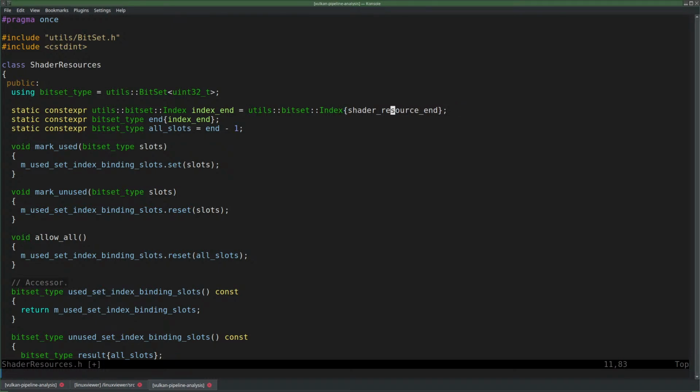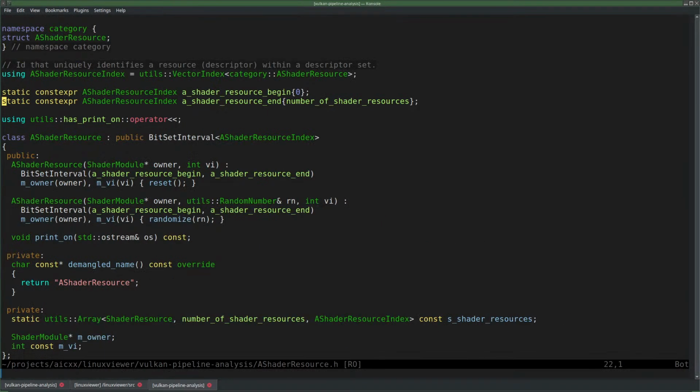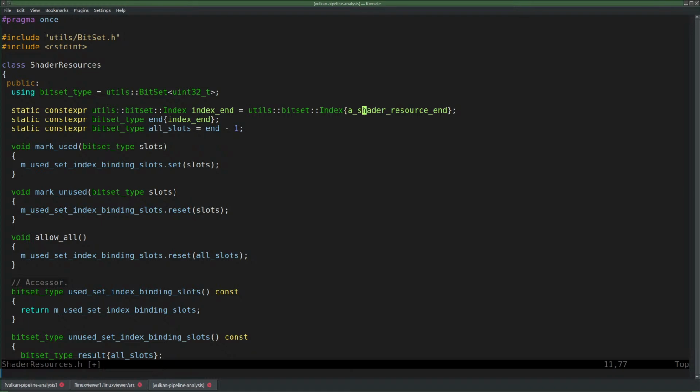A shader resource end, which is a shader resource index, which is a vector index of some type, and I need to convert it to a bit set index. Oh god, we saw that before. And then I spent 3 hours converting that. Well, it wasn't 3 hours, but